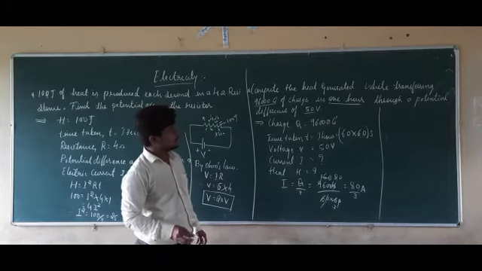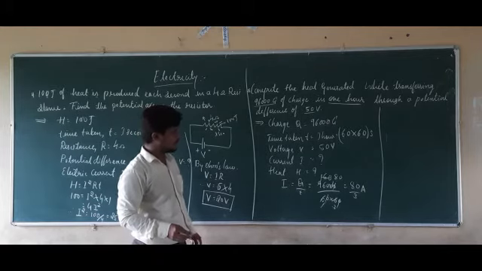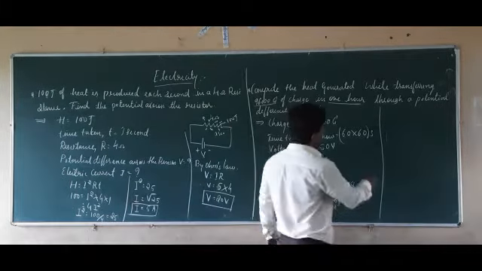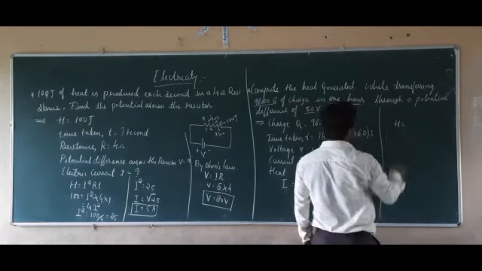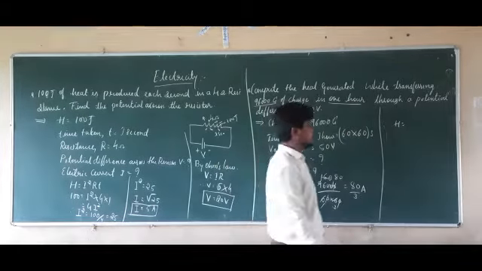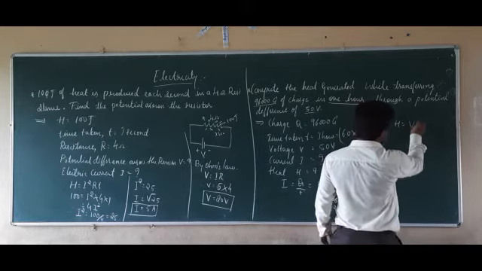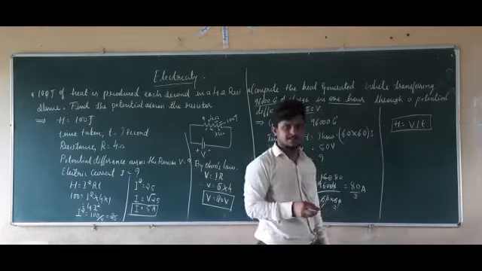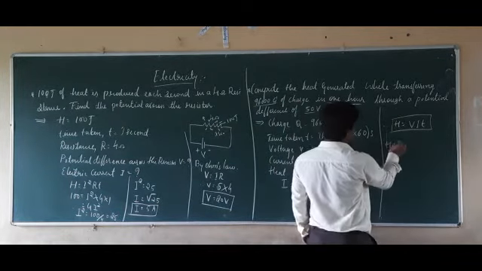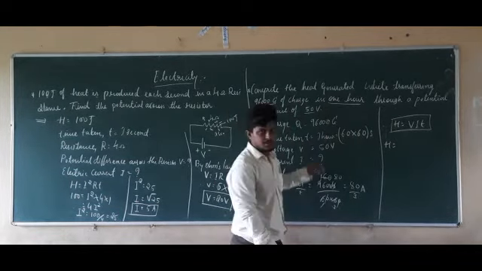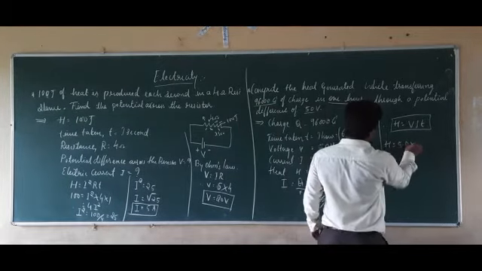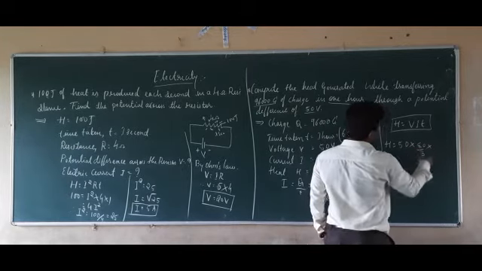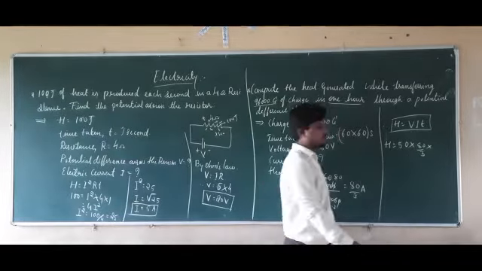Right. So next, what do we have to calculate? We have to calculate the heat produced through a potential difference of 50 volts. We have the formula H equals I square RT. We have another formula, H equals V into I into T. By using this formula, we are going to calculate the heating effect of electric current in this case. So H equals, what is the value of V here? This is equal to 50 volts. What is the value of I here? Which is 80 by 3. What is the time here? Which is equal to 60 into 60.